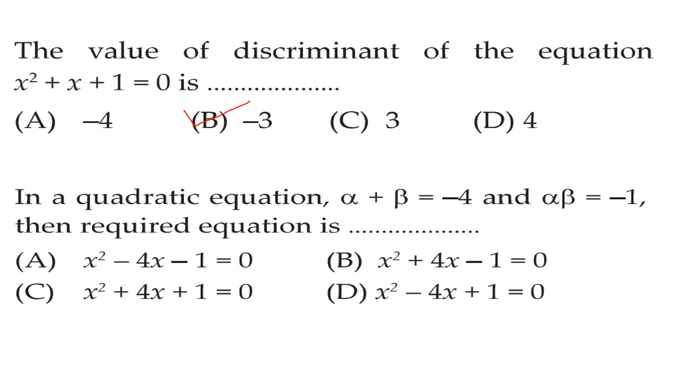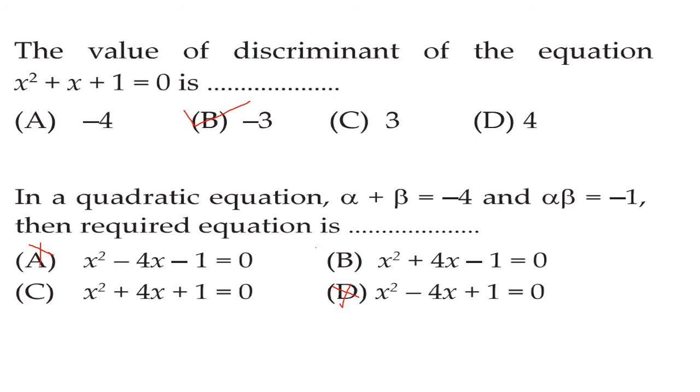Okay. So option number A and D you can cancel. These two are not correct because minus sign is given. Because we have the equation x square minus (alpha plus beta) x. So minus of minus is plus. Okay, so B and D, they are not possible. I'm sorry, A and D, they are not possible. Now think of B and C. Now see, finally we have plus alpha beta. That means here the sign is not going to change. See, here you have plus 1, which is not possible. Here we have minus 1.